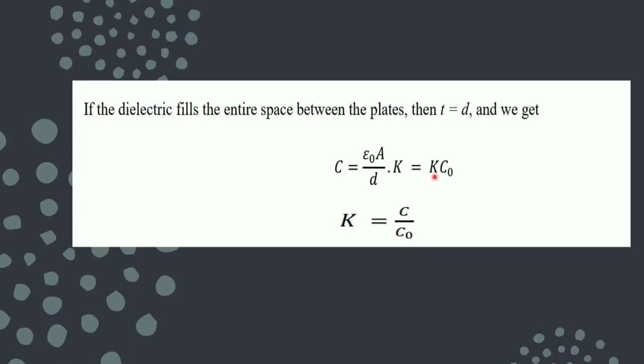relative permittivity or the dielectric constant, has some value greater than 1, because for air it is assumed nearly 1 and for water it is 80. So if you are able to see, the values for the dielectric constant are always greater than 1, so C is always greater than C naught. So both ways you can prove C is always greater than C naught whenever you are keeping any dielectric slab in between the plates of the parallel plate capacitor.